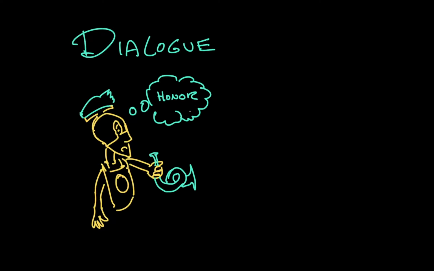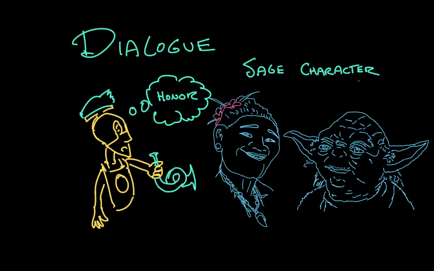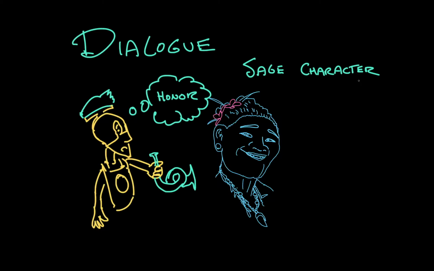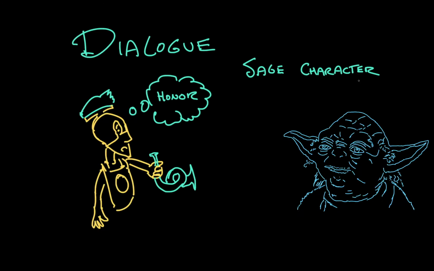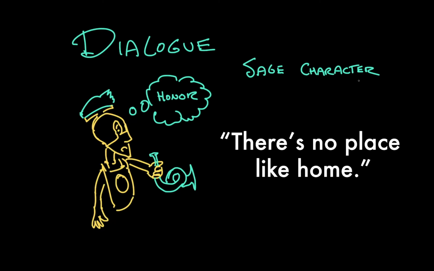You can also see this presented as explicit lessons by a sage character, usually older and wise. Think of Moana's grandmother, or of Yoda. They'll say something explicit like, "Go do the thing your heart wants, Moana," or "Trust that the energy of the universe will make you a really good space wizard, Luke." I'm paraphrasing here. Or think of Dorothy in The Wizard of Oz saying, "There's no place like home." She says it again and again. The words are so powerful that they're used as a magic spell. And words so powerful that they become magic is really just another way to say theme. It doesn't need to be said aloud to be thematic.